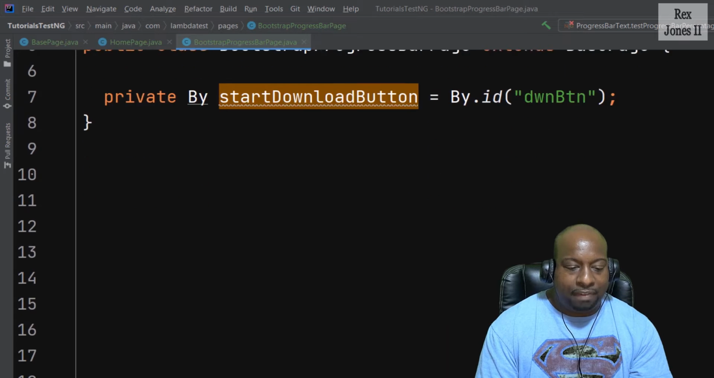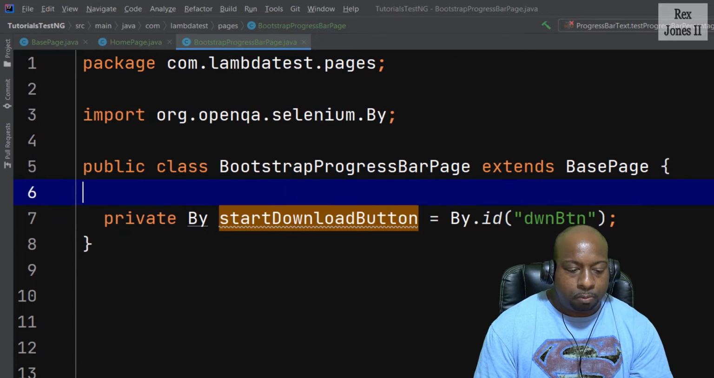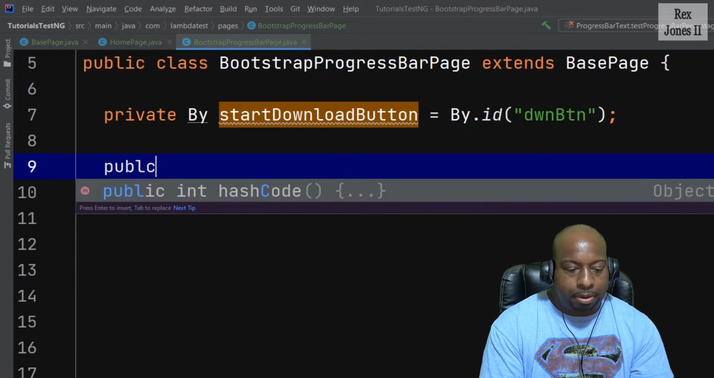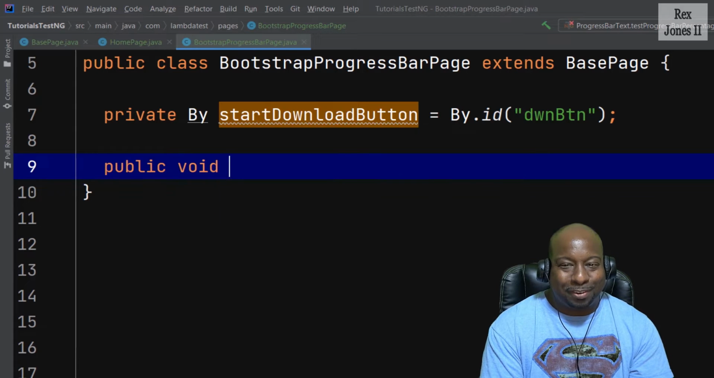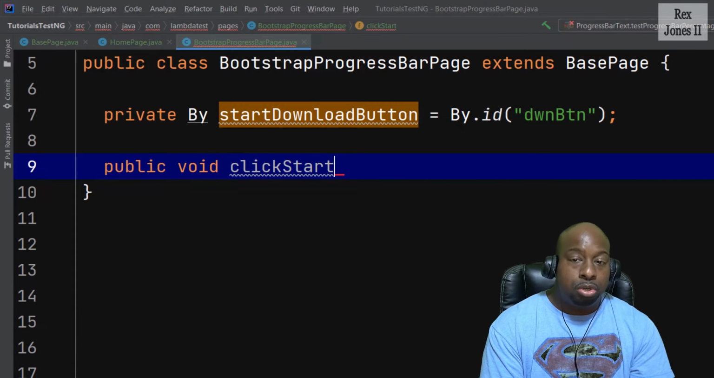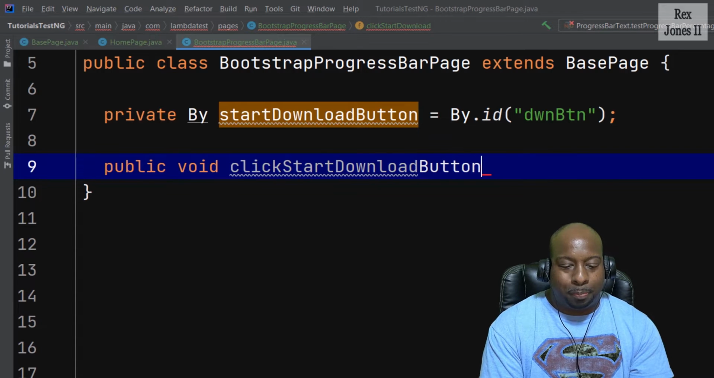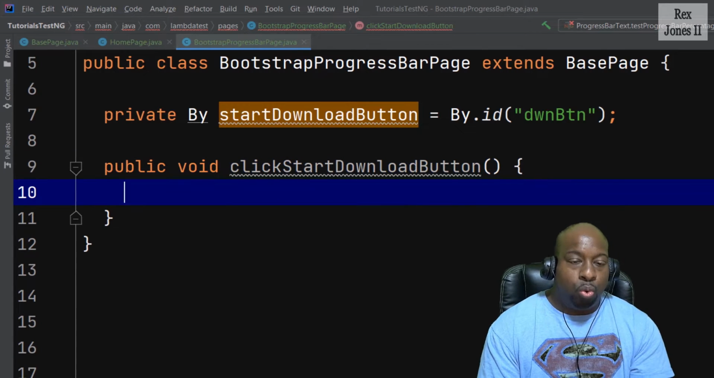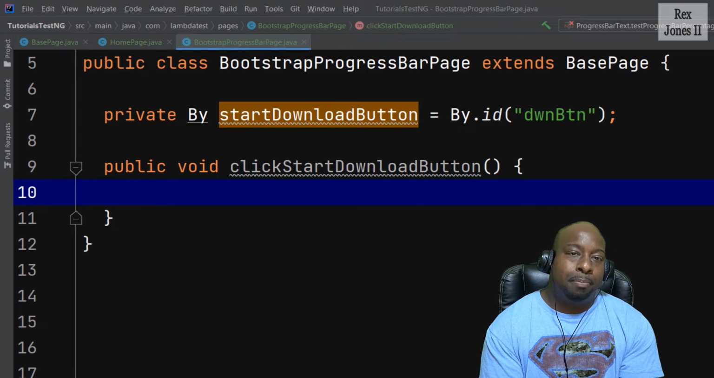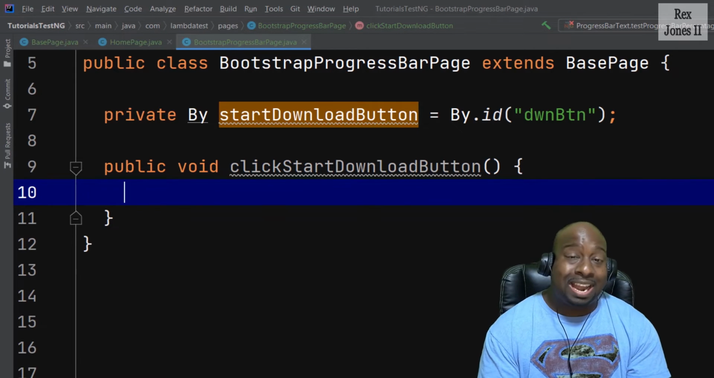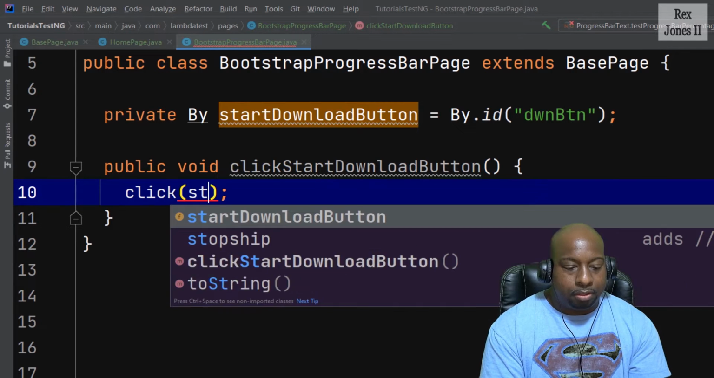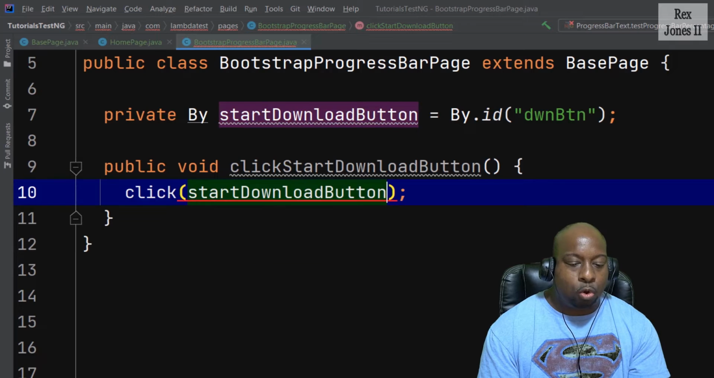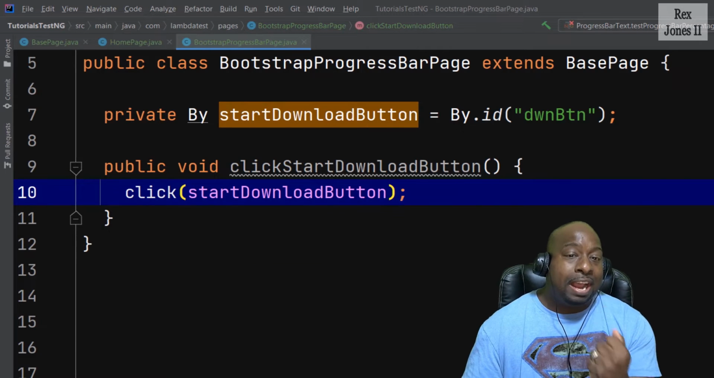Now that we have pasted in the value for the field, which is the variable, let's also create the method called public, if I can spell it right, public void clickStartDownloadButton. We're not going to pass in any parameters because we're only clicking the button and it does not need any parameters, but the action is click. Then pass in the field name of start download button. After clicking the button,